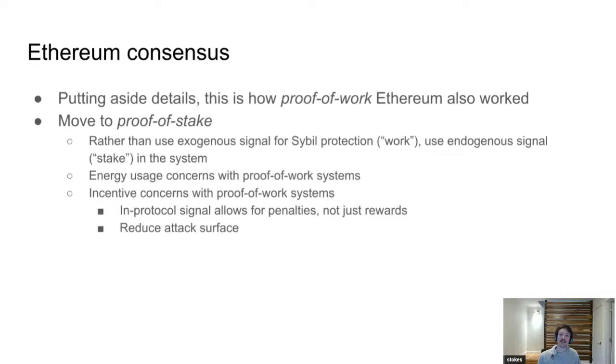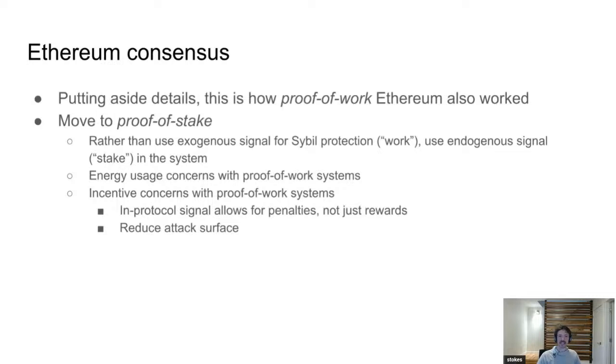So at the same time, there are also incentive concerns around proof of work itself. And again, this gets to the fact that you can hand out rewards for proof of work. You can invite people to do this work to add blocks to Bitcoin, but there's no way to then turn around and punish them or take away these rewards if they don't do what you want. The way to think about it is carrot and stick. So you can hand out these carrots with Bitcoin, which are more Bitcoin, but there's no stick to say, okay, if you do something bad, if you try to actively reorg the chain or do something like this, I'm going to swat you with the stick.